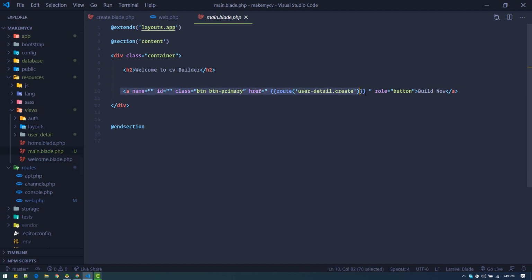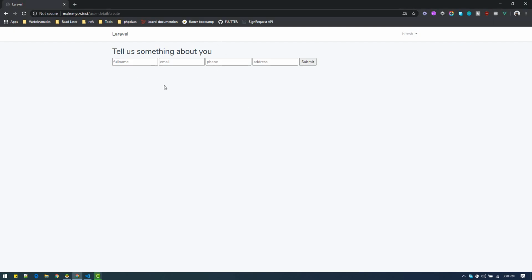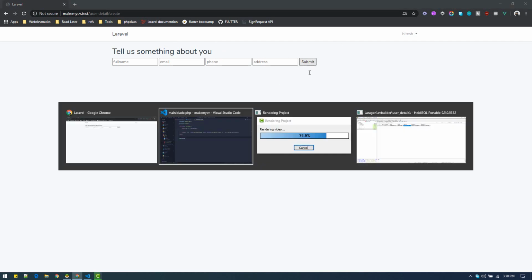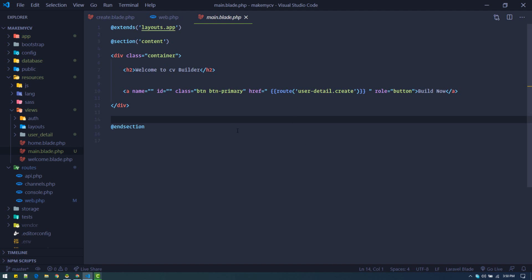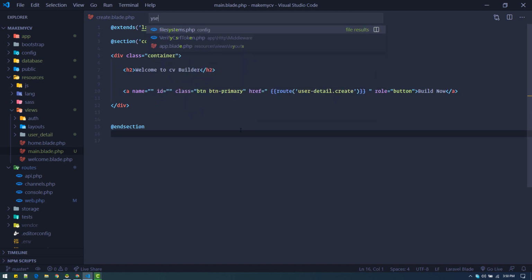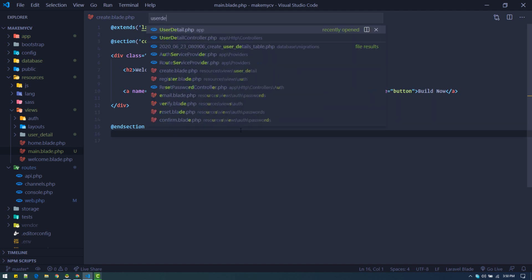Here I will create the a tag, and I'll put the href as a route, the route which will take to the create form. After submitting is done, we'll take that to the next section. For that, let's go to the user detail controller,